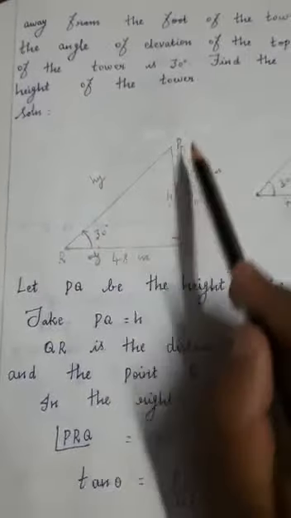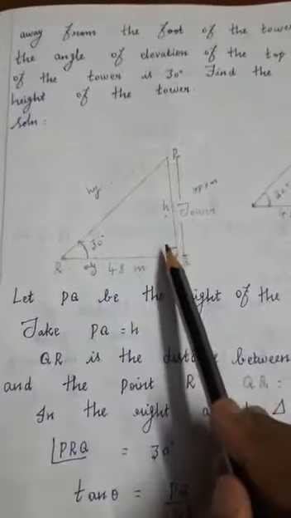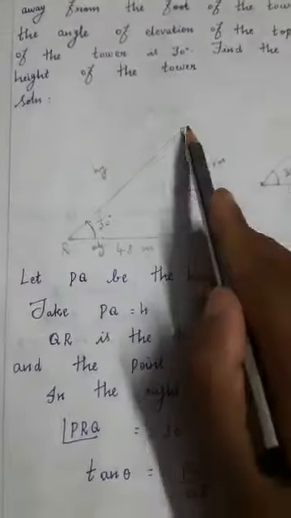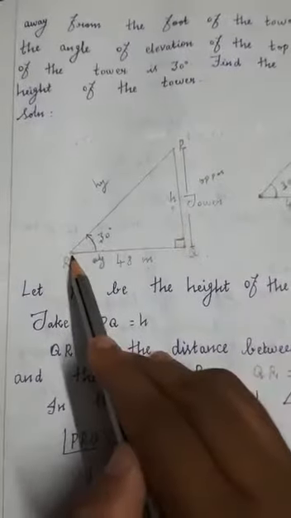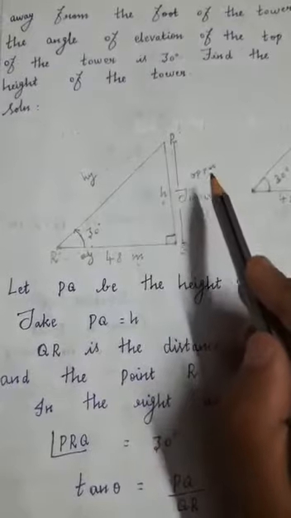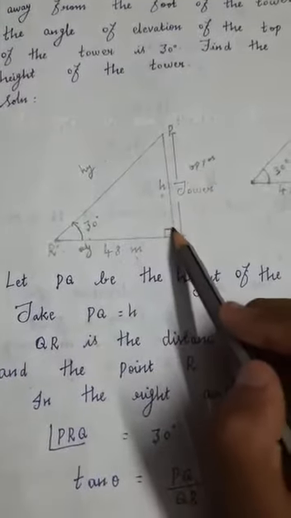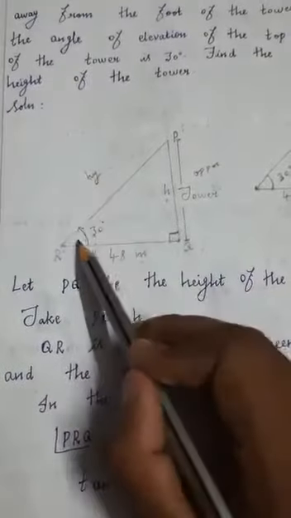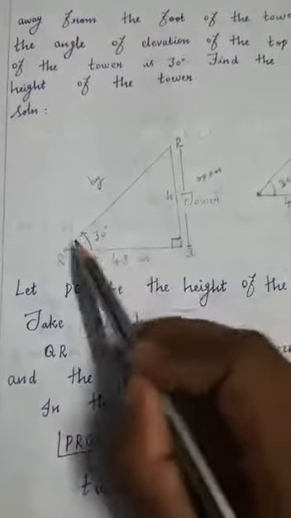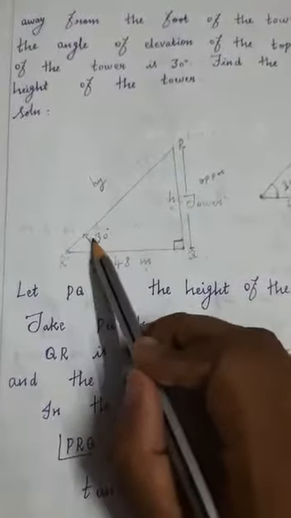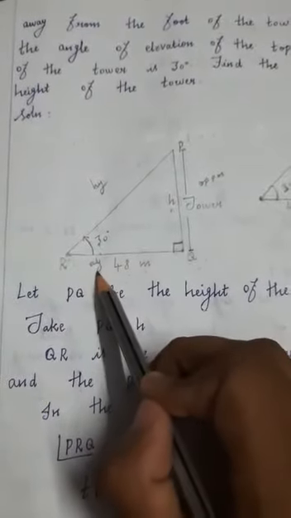So now you can see this is a right angle triangle. So this is the right angle, so make the letters PQR. In the right angle triangle, which one is the hypotenuse and which side is adjacent and the opposite side, you know that. Opposite the right angle, this one is the hypotenuse. The next one, opposite of this angle, that is the opposite side. Near this angle, that is the adjacent side. So this is the adjacent side.